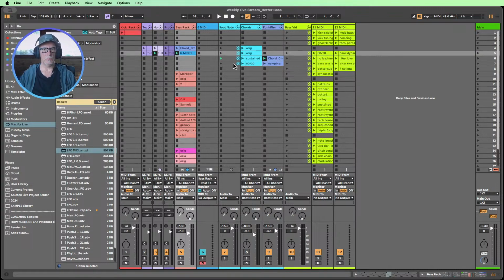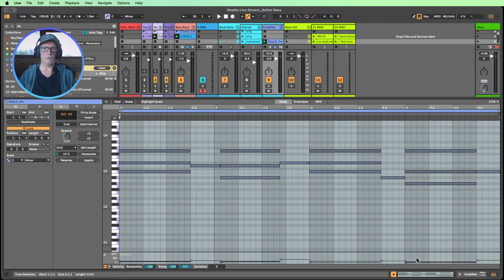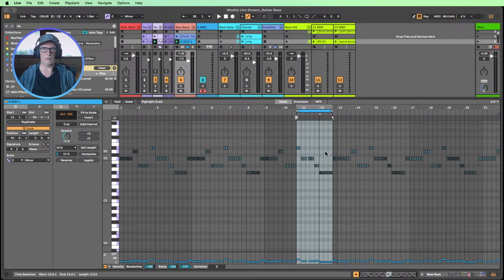So there's two little tricks for two completely different styles of music, of how we could take root notes from the original chords and turn them into, in this case, a funky kind of bass line that could suit house, tech house, micro house, minimal, lots of those genres. Match it up with your favorite bass synth.